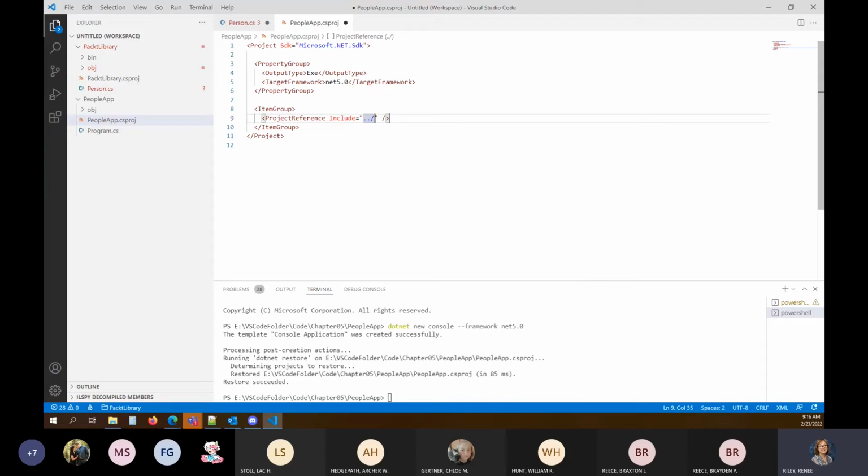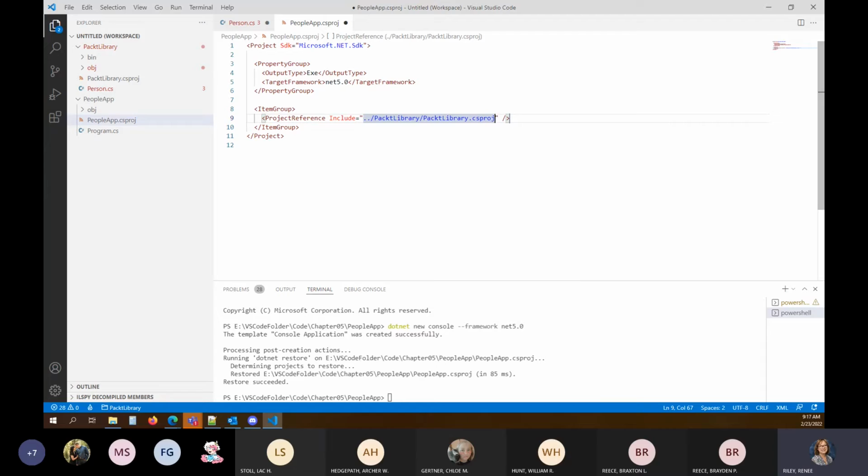That will put us at our Chapter 5 folder. And within our Chapter 5 folder, find Pocket Library as a folder name. And within that folder, find Pocket Library.csproj.